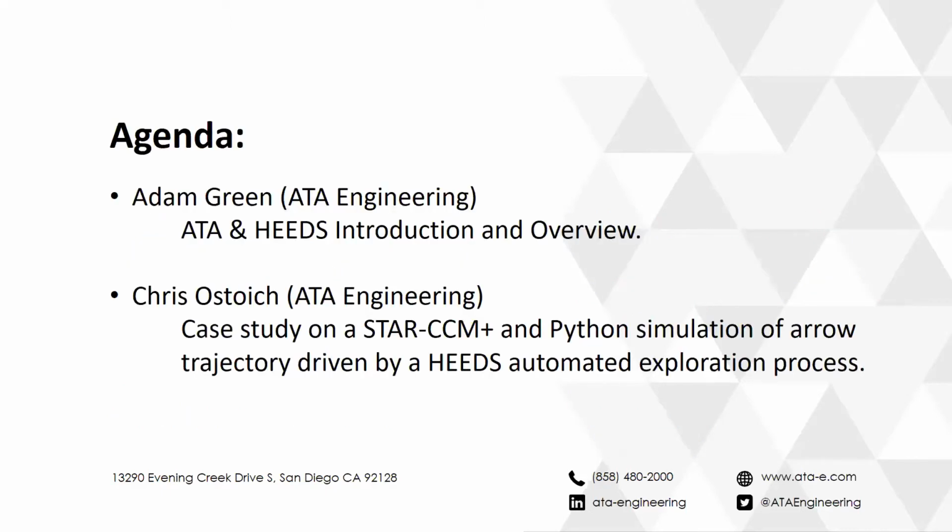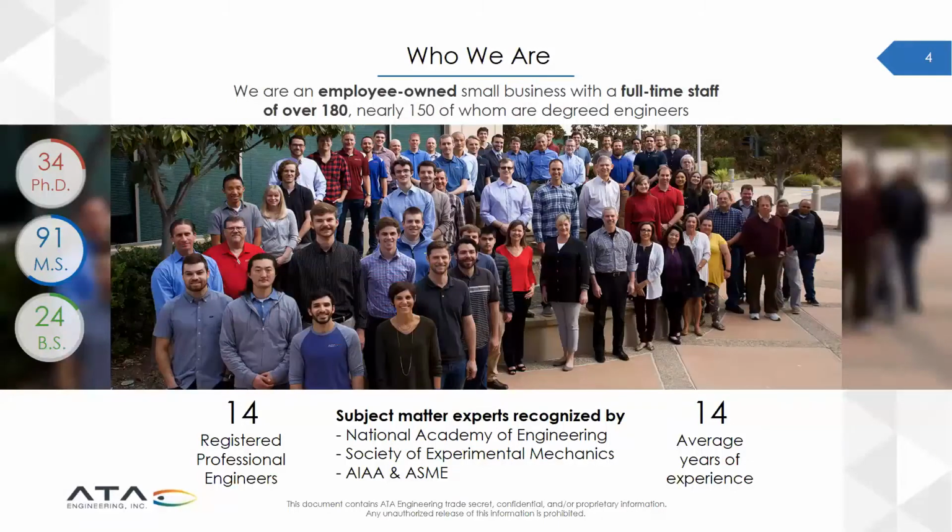So I'm going to do a very quick intro of ATA Engineering and HEEDS, and then I'll pass the ball to Chris for the main event to talk about the work that he put together on the arrow. Those of you who don't know us, we're ATA Engineering, an engineering consulting group based primarily